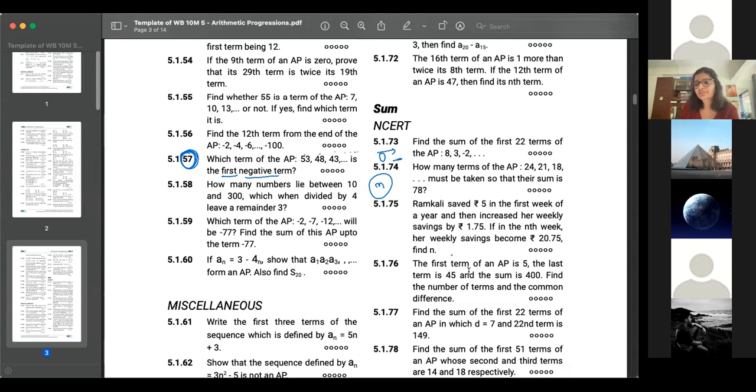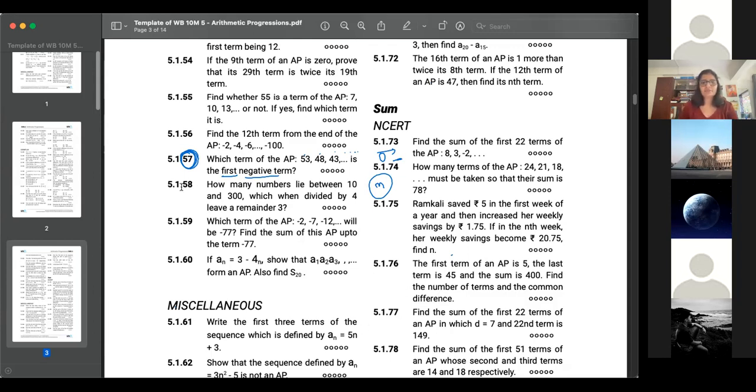Aditya, we just did a whole discussion about it. Where were you? The question is asking which term is the first negative term, not the negative term itself. Which term, meaning you have to find the value of n there. Is it the 10th term? Is it the 11th term? That way. Neki, yes. So Elina, Puneet, and Neki have got it. Dhruv also got it. Aditya, Hanafi, you got it. Right. So Mansi, Anirban, yeah. Rest of you all send it.